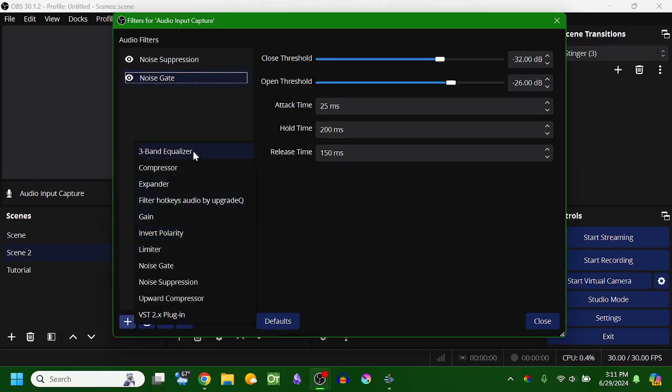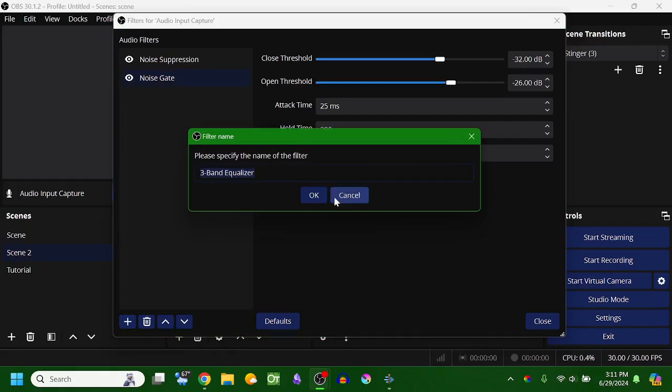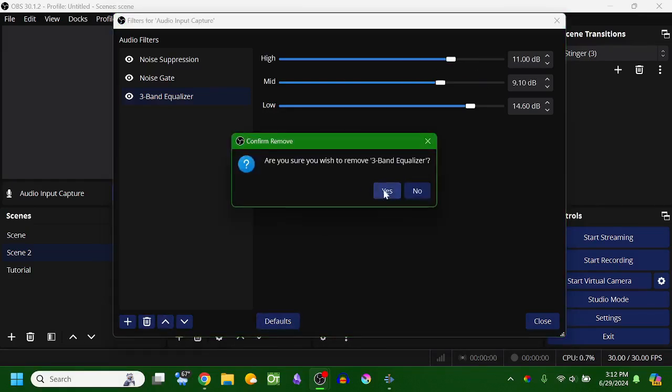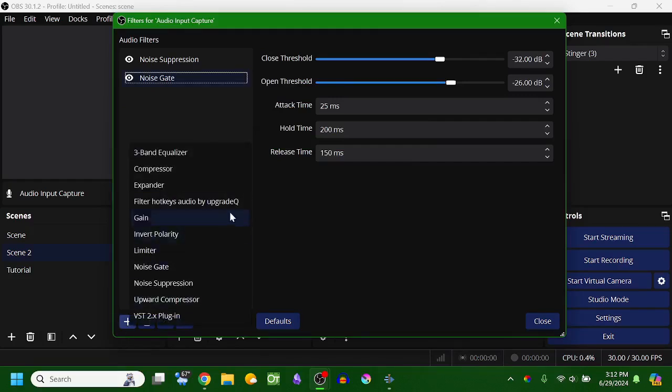Another one that's good to have is a 3-band equalizer. What this does is you can change the tone of the microphone. Like if your microphone doesn't catch as much mid, you can turn that up. If you want it to catch more high notes, you can turn it up. If you want more low, you can turn it up, and then you can adjust that with your voice. I personally don't use that, but I use a plugin called